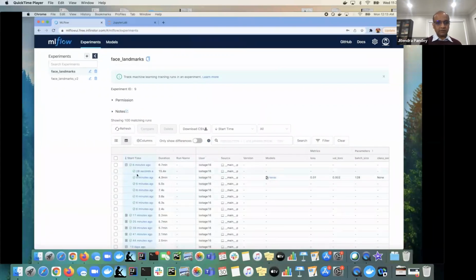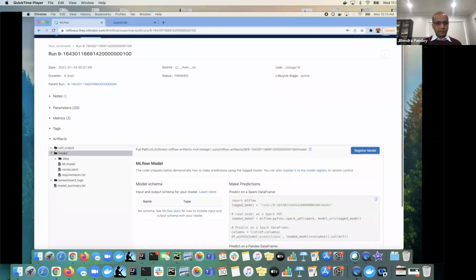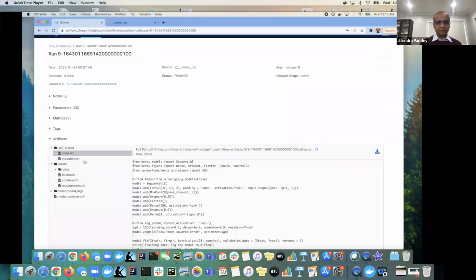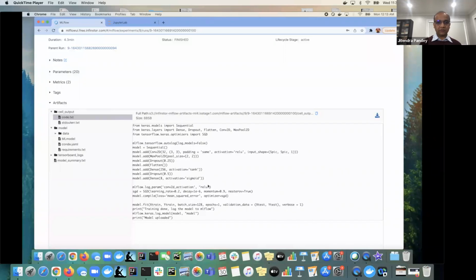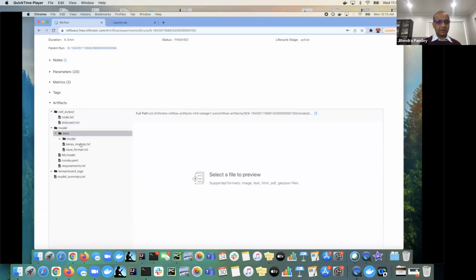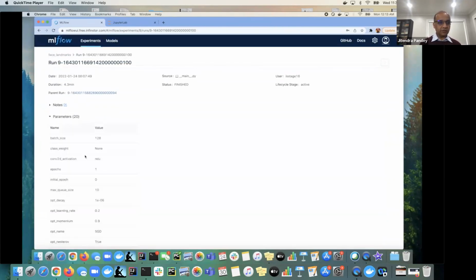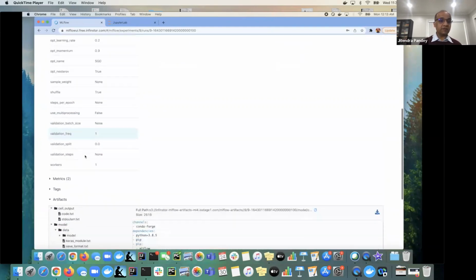All right, so we have all the runs, and let's look at the model. Okay, so our model was also recorded here in MLflow. This was the particular structure of the neural network. If we tweak anything and run it again, it will again be captured, and all versions of the experiments will be captured here. And the model is here, and all the details of the model, even the dependencies, the conda file is captured. All the parameters that were used came from the auto logging capability,